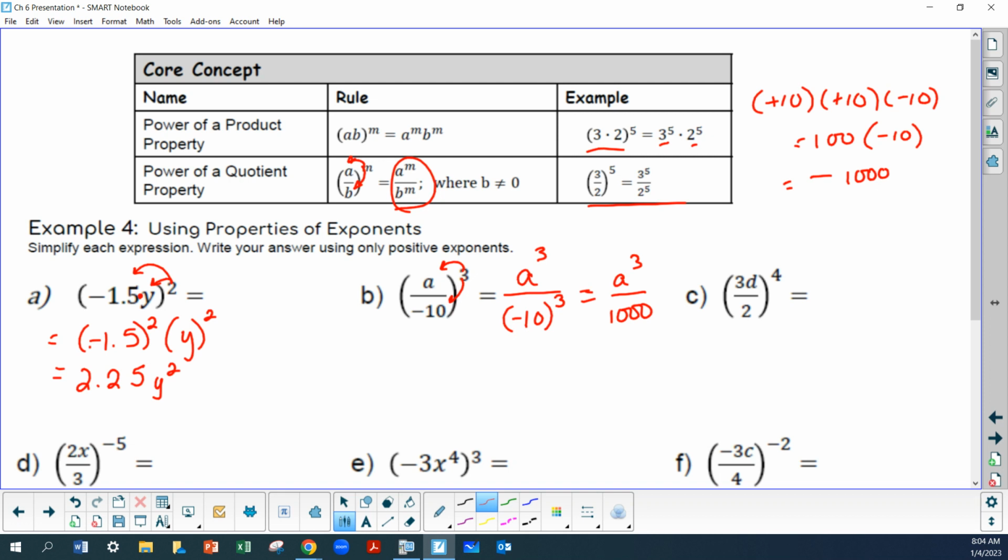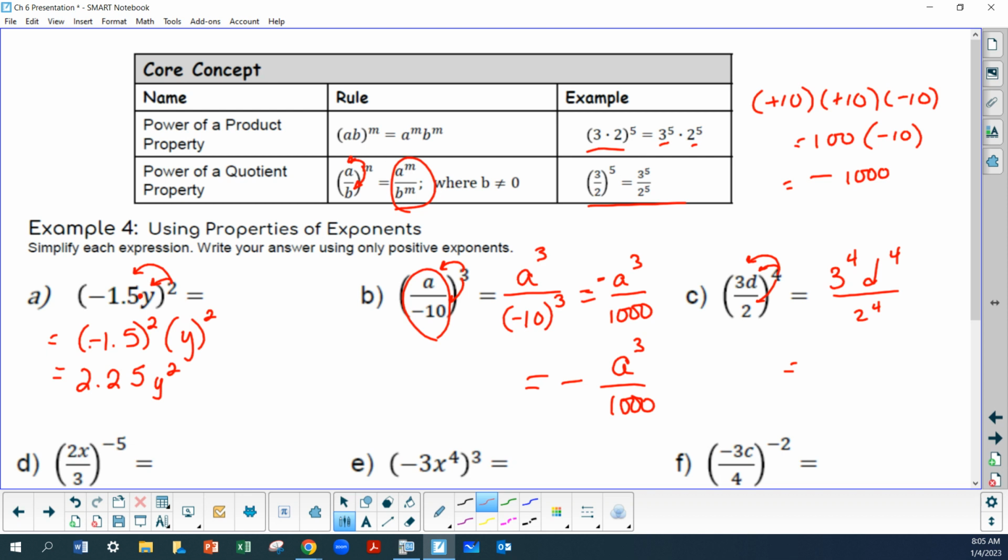Now, how often do you see the negative in the denominator? We did here, but it does look kind of strange, doesn't it? I would put the negative either in the numerator, or the other option that we commonly see is just out front of the fraction. So you take your choice there. All right, let's distribute, distribute, distribute. I'm going to get 3 to the fourth, d to the fourth, 2 to the fourth, and then we can